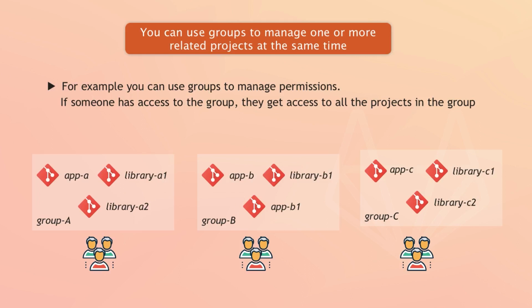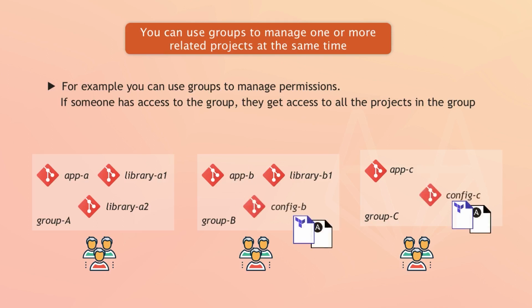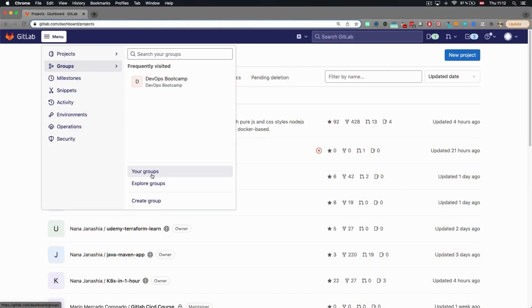You may have some supporting libraries and custom frameworks for your application, or you may also have additional repositories or projects for infrastructure as code, like Terraform scripts, Ansible scripts that provision infrastructure for your application and then configure and deploy it on that infrastructure. And that's a really good way to group all the projects that belong to the same team. And it's super simple to create a group